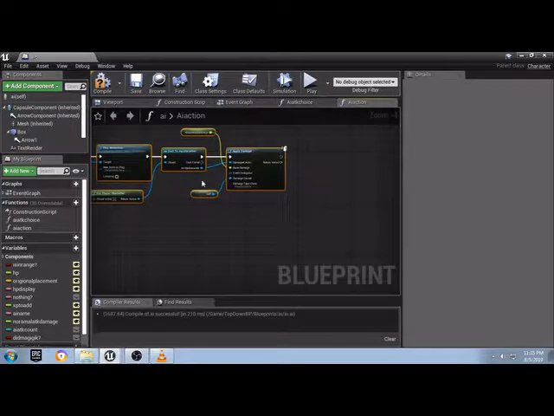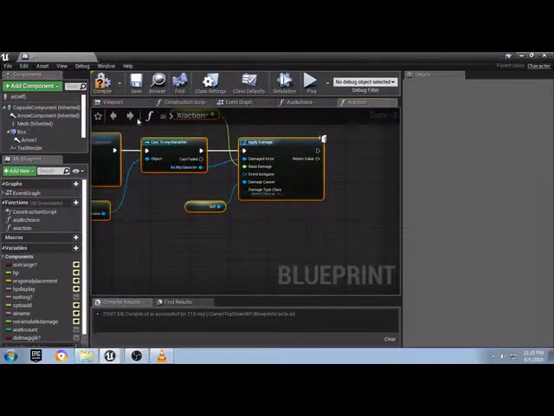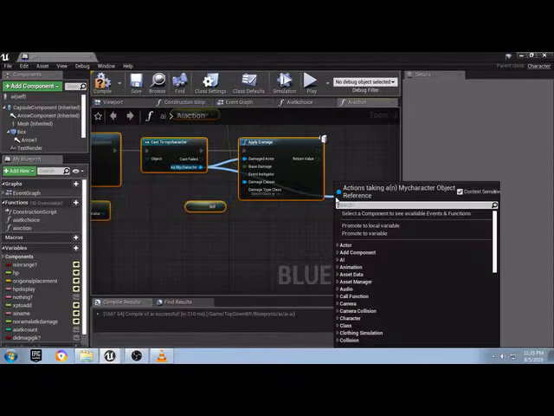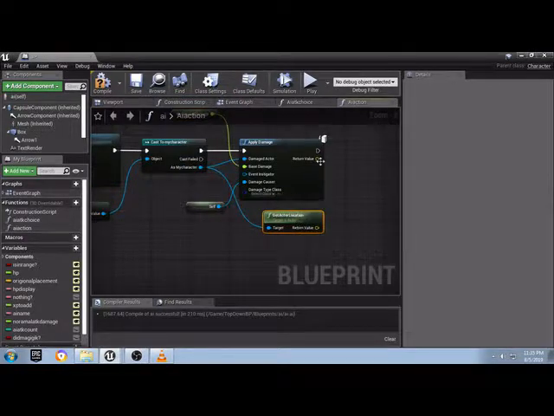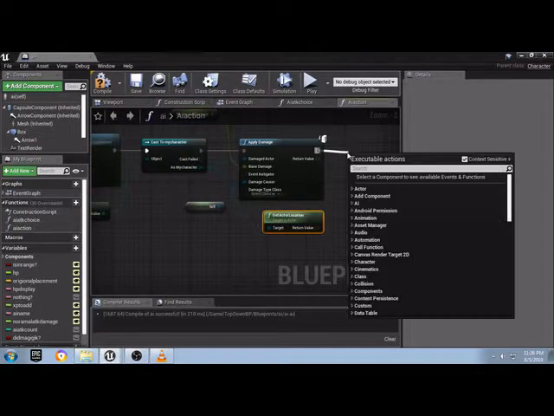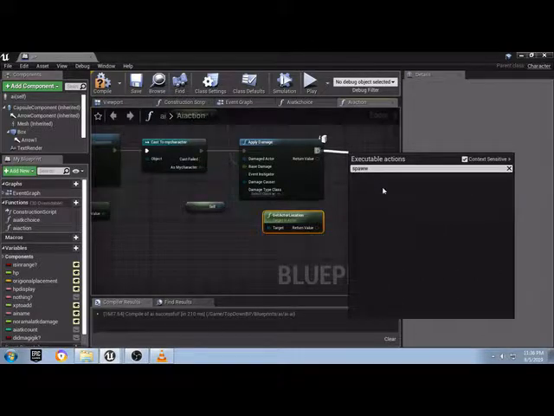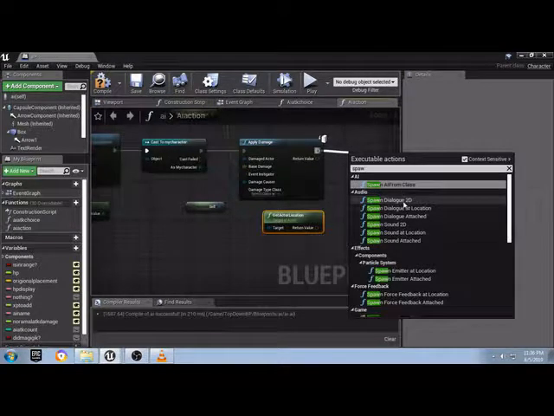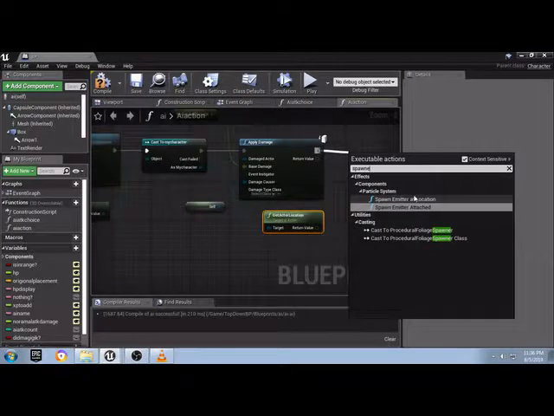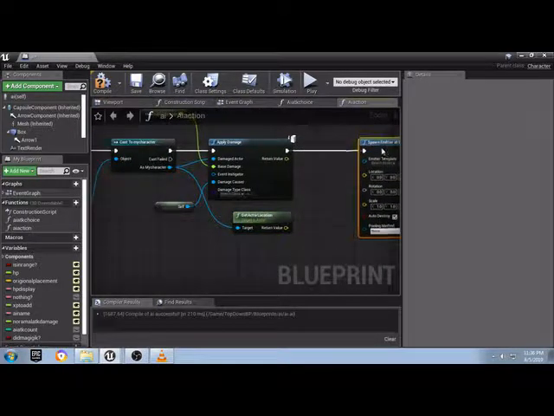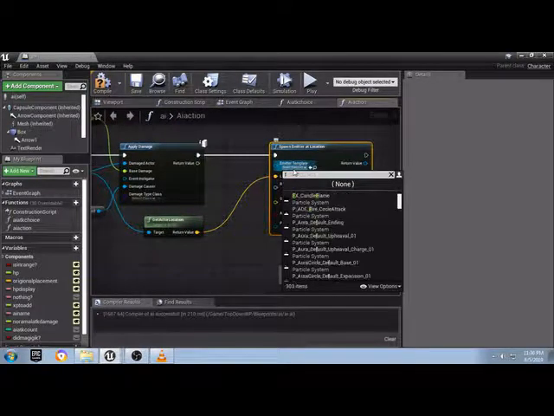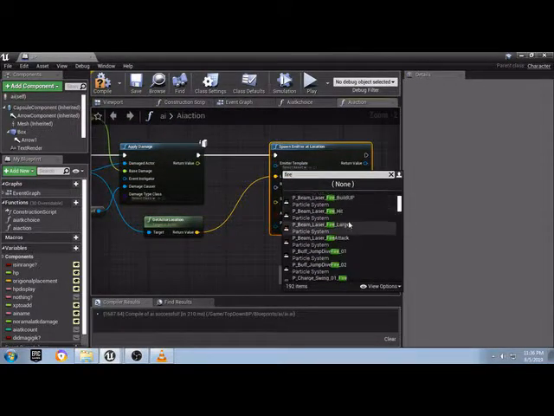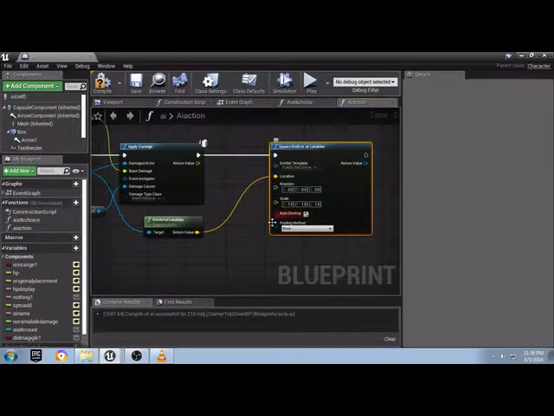Then what we're going to want to do is, as my character on this cast to my character, we're going to pull off and we're going to say get actor location. Then we're going to pull off of here and say spawn emitter at location, because this will be the magic attack, so we're going to need some magic, and I'll just set that to a fire circle attack,